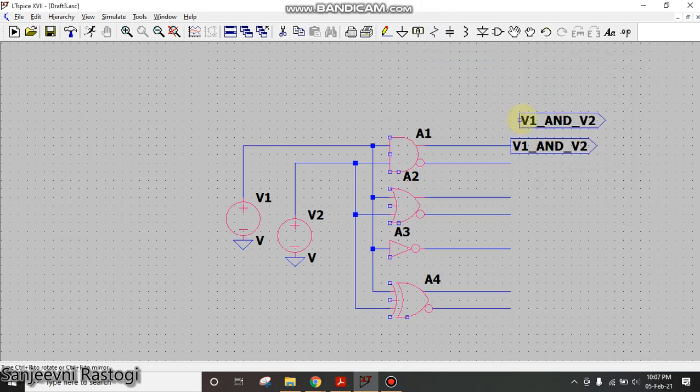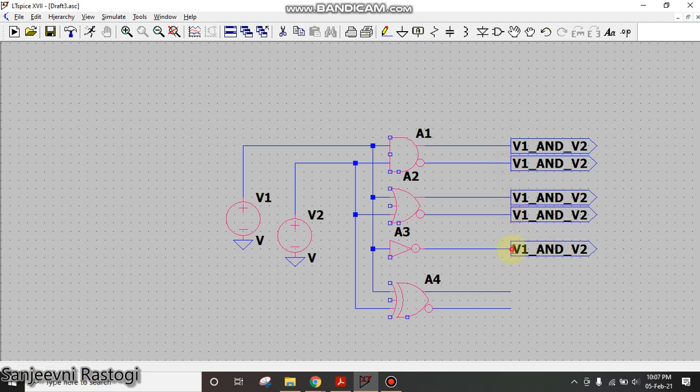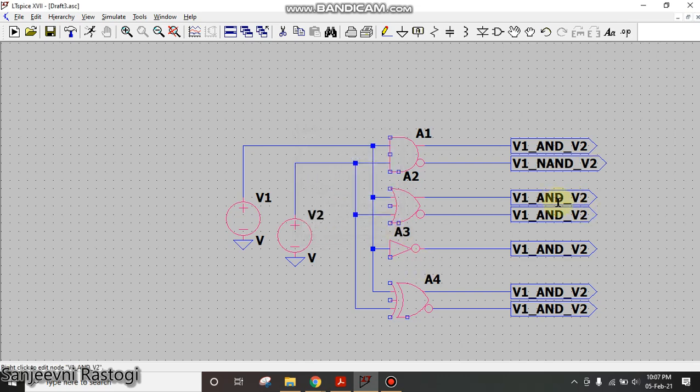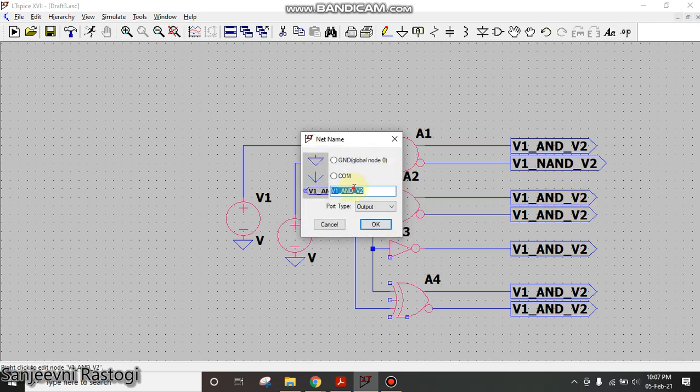Instead of writing again and again, I am going to place the same label on all these outputs, and later I'll edit it. Just right click on this, remember, right click on this and simply write V1 NAND V2. Then edit this and write V1 OR V2.